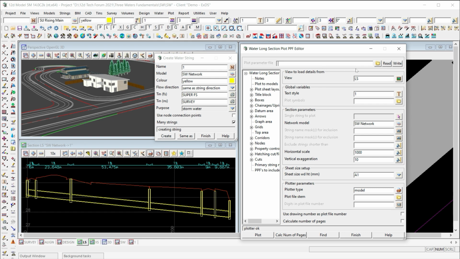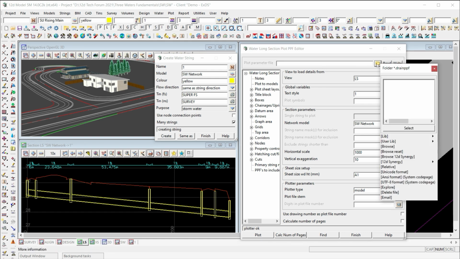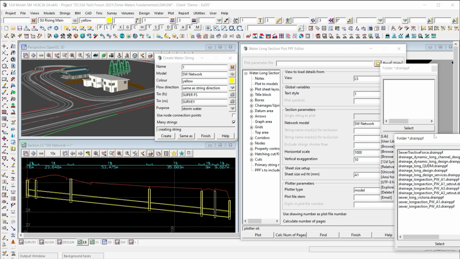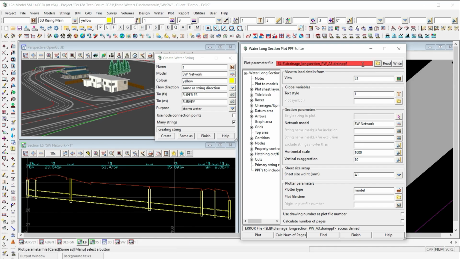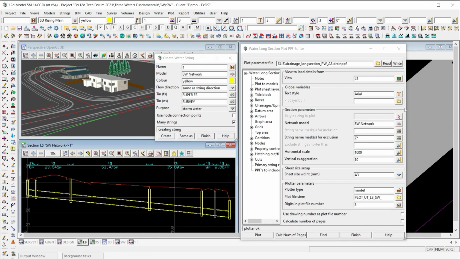The key to plotting inside 12D is to use a plot parameter file, and there are some great PPFs, great plot parameter files in the library. The one I'm going to use is the drainage long section PWA3. I'm going to select that, read it in, then choose the view that contains the data to plot, which is my LS view. See, it says section LS down here. Once I've chosen that LS view, it loads up the model of strings that I want to plot, which is my SW network. Once I've done that, I'm going to give the whole thing a new name, type in SW network,